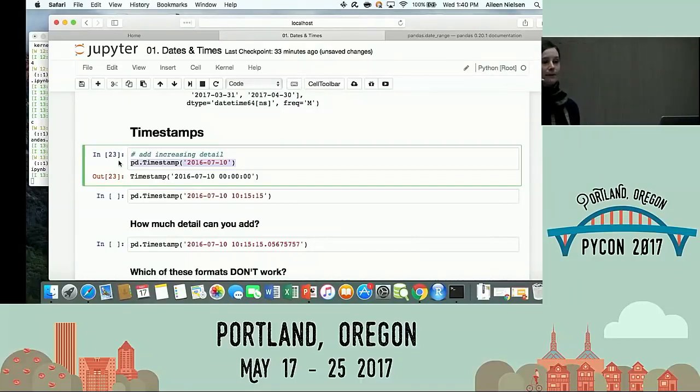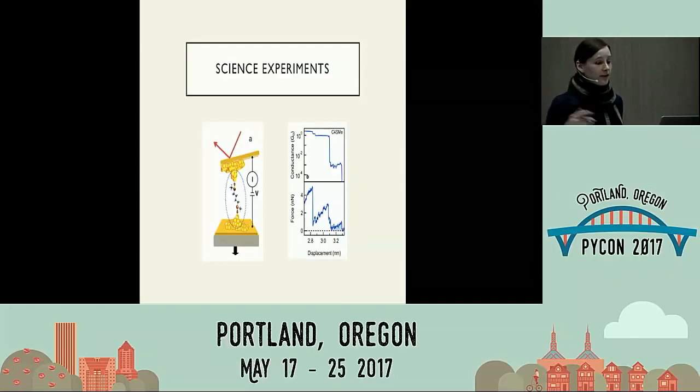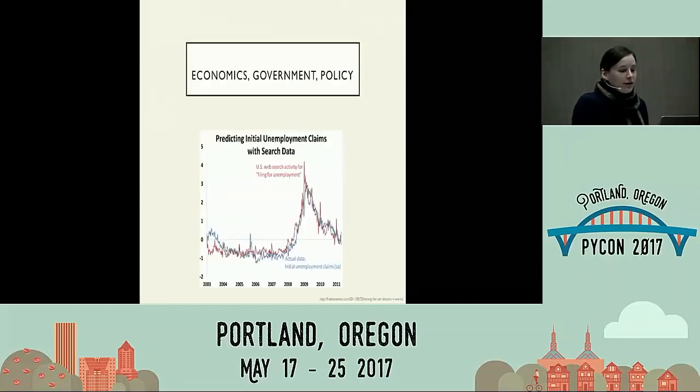So a timestamp, I might just specify it as July 10th, 2016, but actually a timestamp is a point in time. It can't just be a day. That would be more like a time period, and we'll see that soon. But a timestamp is a specific moment in time. In Pandas, they're actually specified down to the nanosecond, but really we were collecting data about time-oriented behavior. And of course, economics, government policy, trying to predict what will happen. It's very important that we be able to allocate resources for our economy, for our government programs, et cetera. So the better we can predict things, the better we can run our country. Lots of people who work for the government actually spend their days trying to do these things.